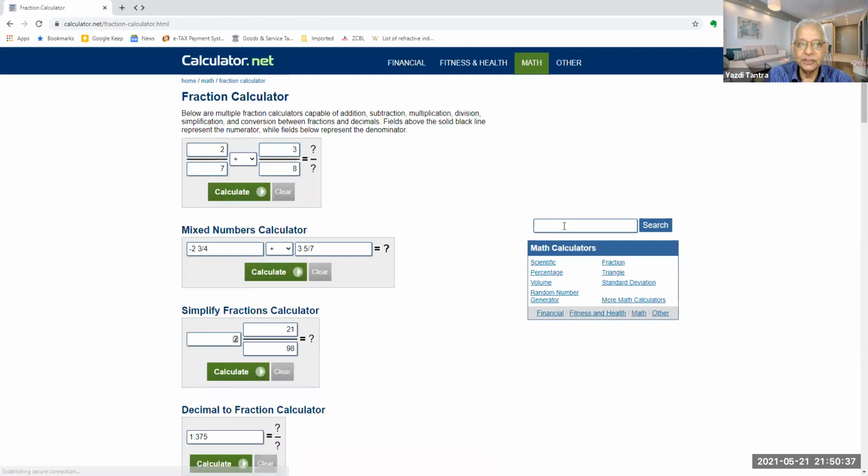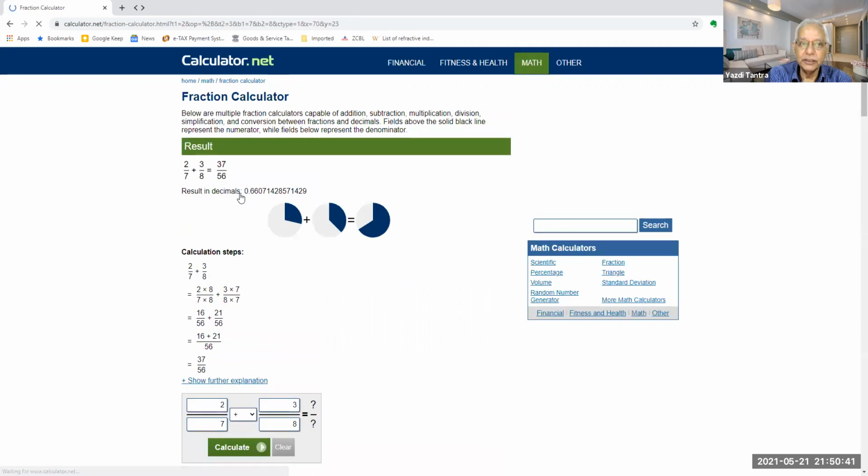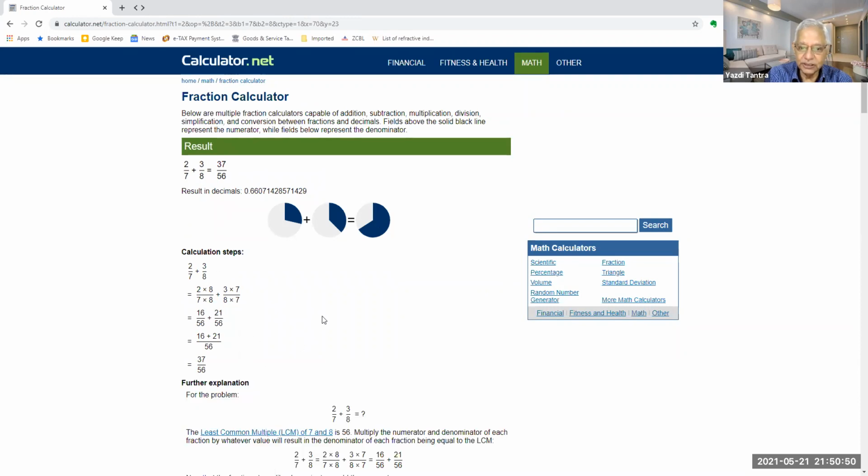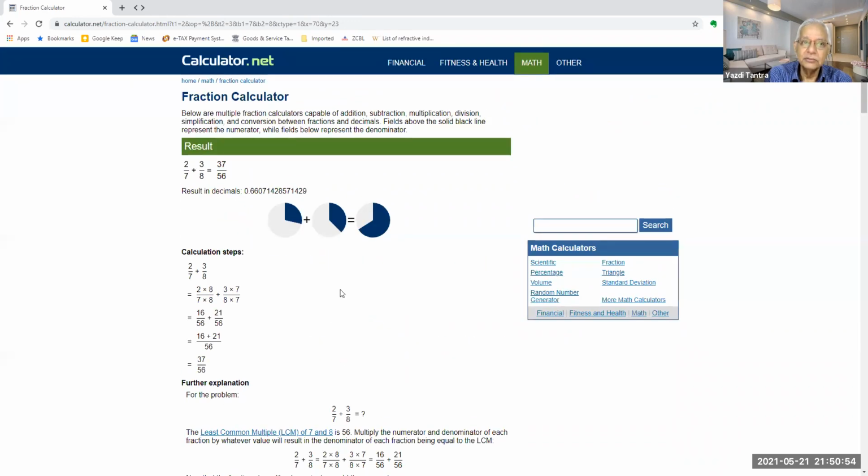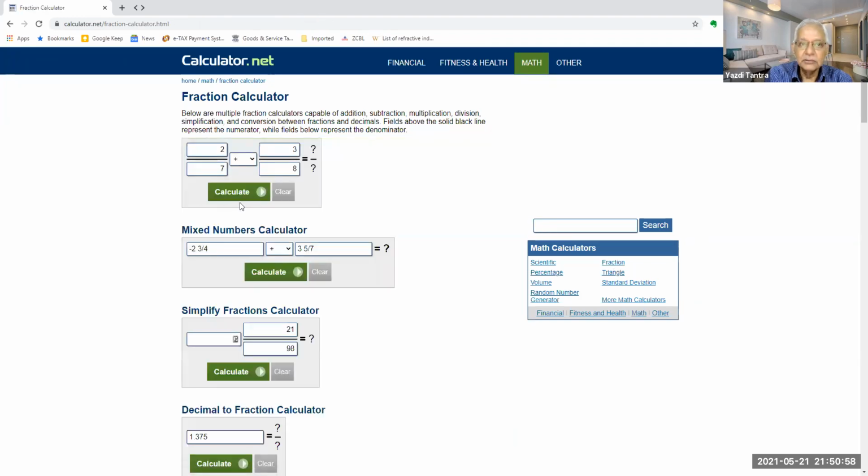Fractions, if you're doing fractions, 2 by 7 plus 3 by 8, calculate. Answer is given immediately. Visually you are shown, the steps are given, how you are getting, show further explanation, how the problem is solved. So if you say plus, then you say multiply.